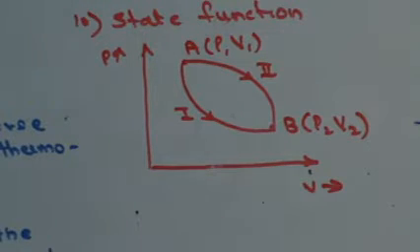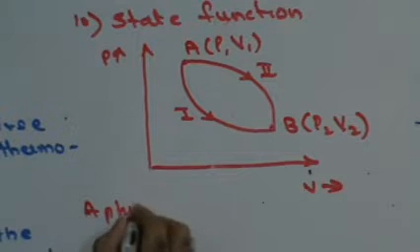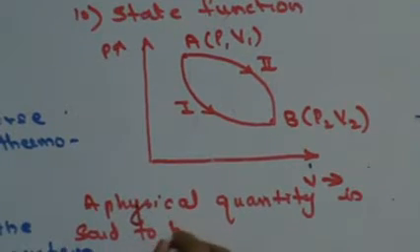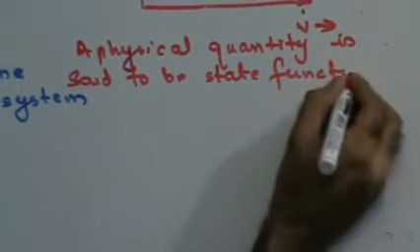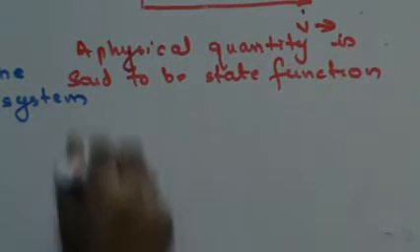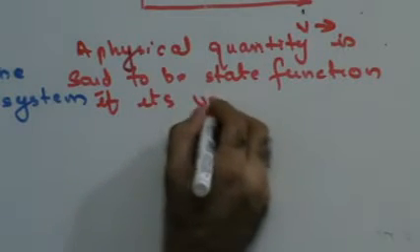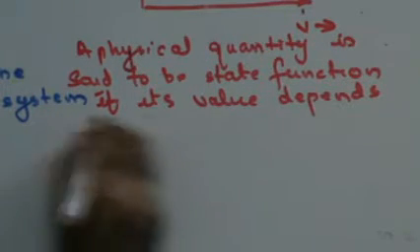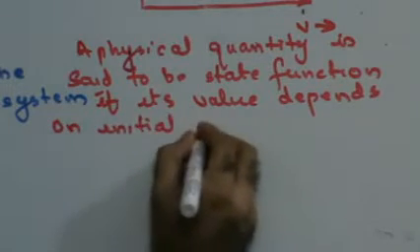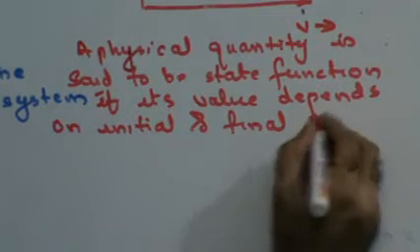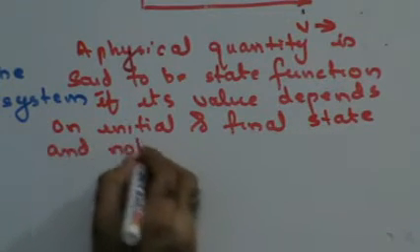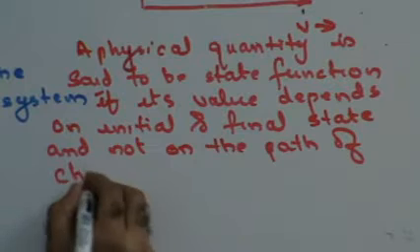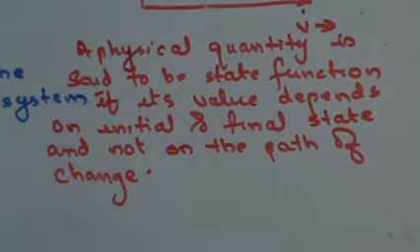So what are state functions? A physical quantity is said to be a state function if its value depends on the initial and final state, and not on the path of change. Right? Those are called state functions. Right? Next,